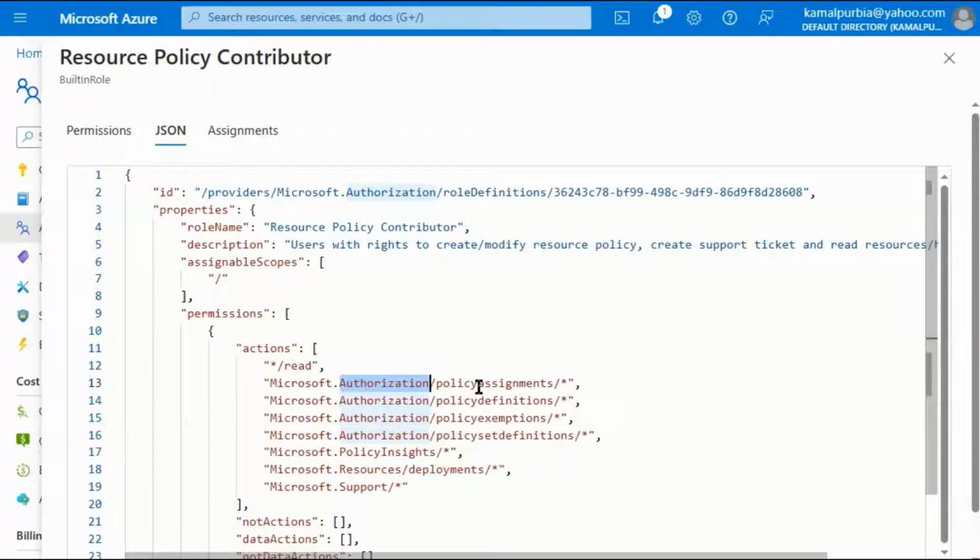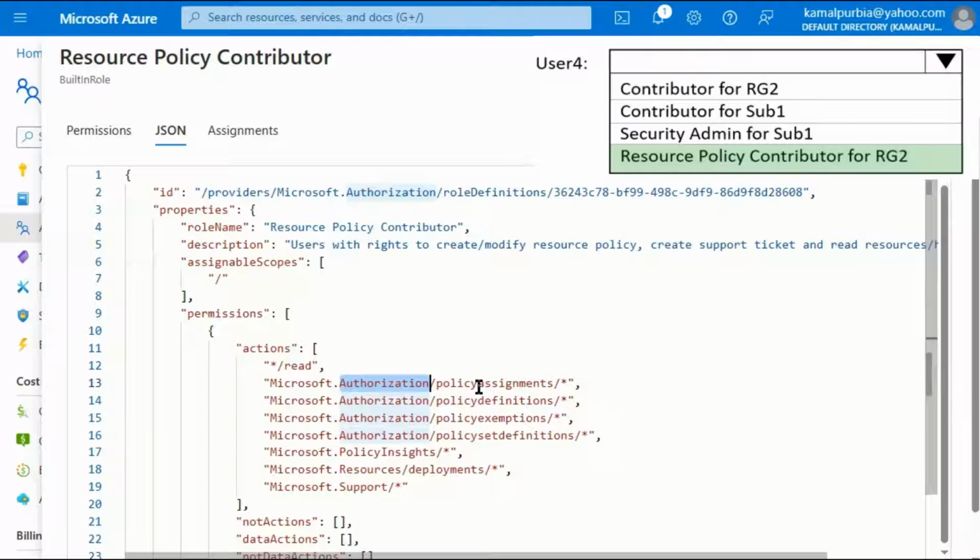Security admin role for user 4 will be the correct answer to create and assign the Azure policy on resource group 2. However, in answer area, it is provided that security admin role for subscription 1, which will allow to create and assign the policy for resource group 1 as well.